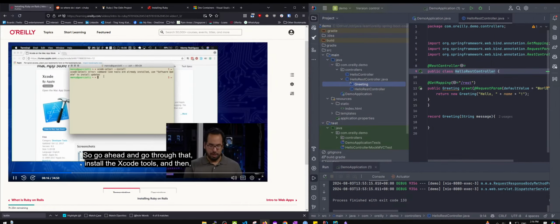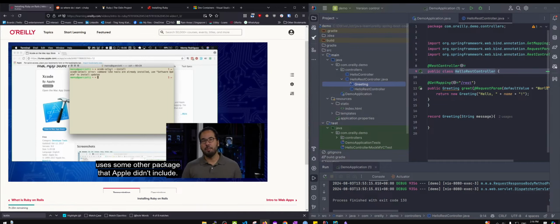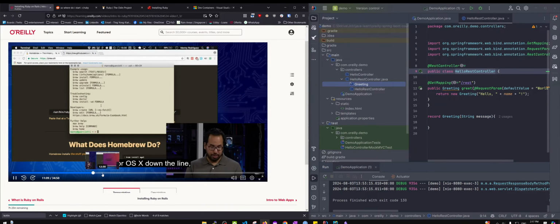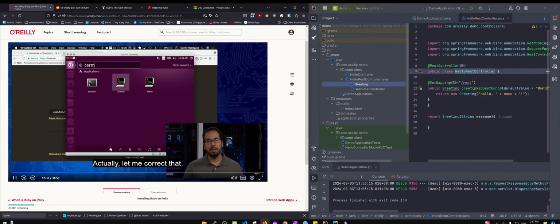fair amount. So go ahead and go through that, install the Xcode tools, and then you'll have write an app that will do some graphics work. And we'll need to install a graphics library. And the graphics gem that we want to use uses some other package that Apple didn't include, installed on your computer already. So you actually, let me correct that. I've installed the packages that we're talking about on here now, but we're going to go through that process in